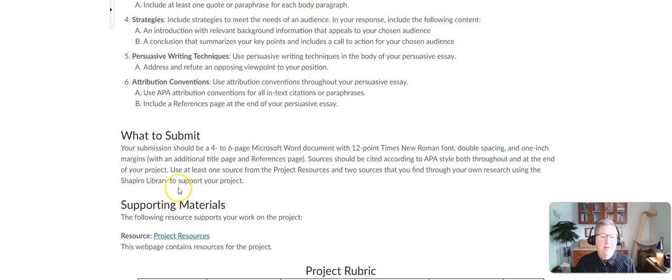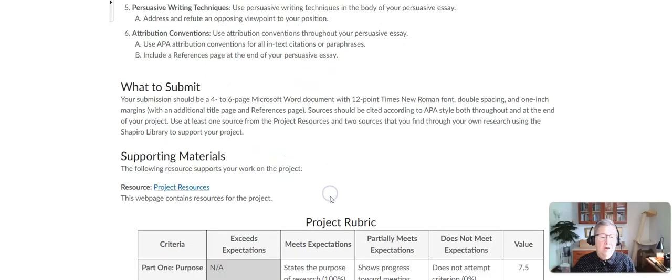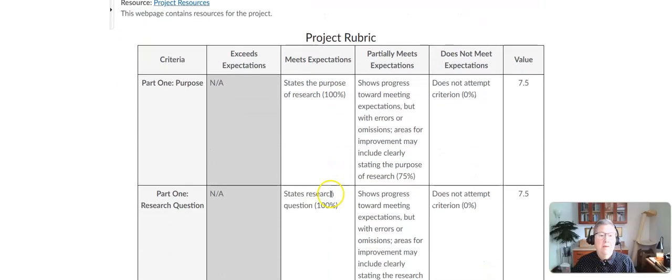An important thing to pay attention to here is the requirement for research. You have to use at least one source from the project resources document and then two sources from your own research in the Shapiro Library. That's the minimum requirement. You have to meet that as a minimum. All right, let's take a quick look at, well, not a quick look, an extensive look at the project